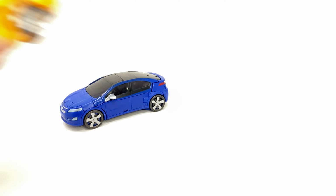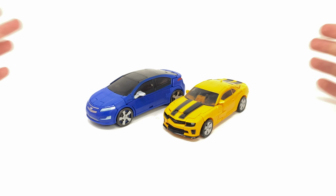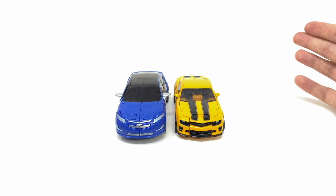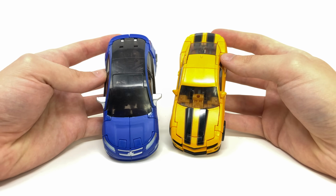In regards to a more contemporary Studio Series comparison, here we've got him with the ROTF Bumblebee, and as mentioned in the bot mode comparison, I think they are really, really close in regards to scale. This is pretty much exactly what we saw in the film, so I personally am really, really happy with how